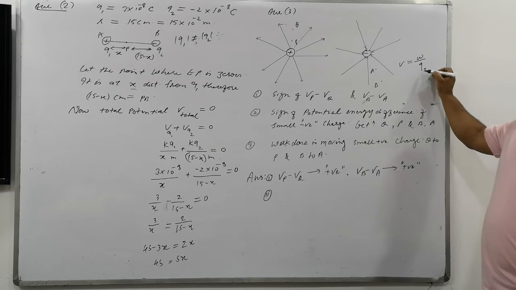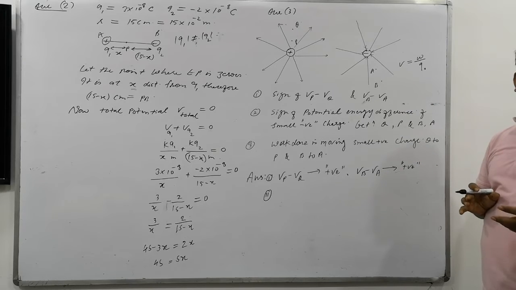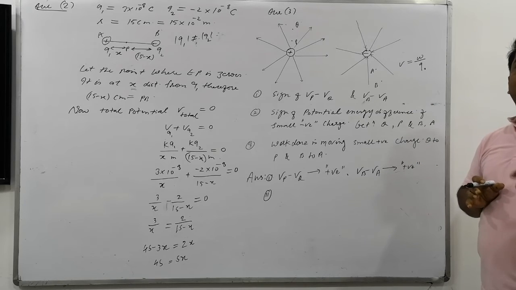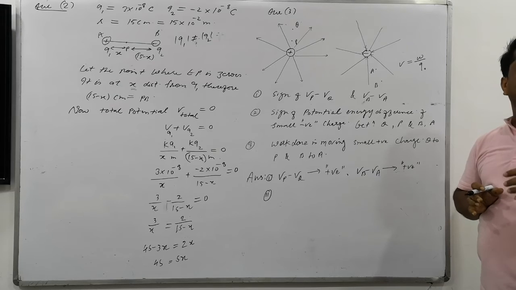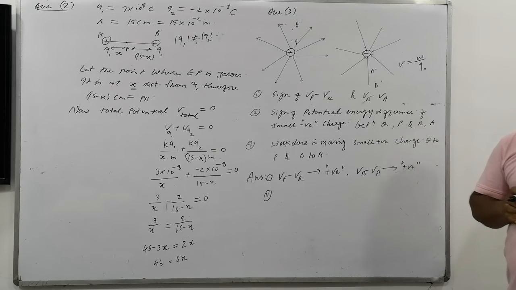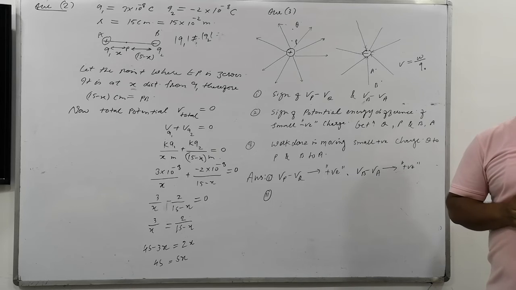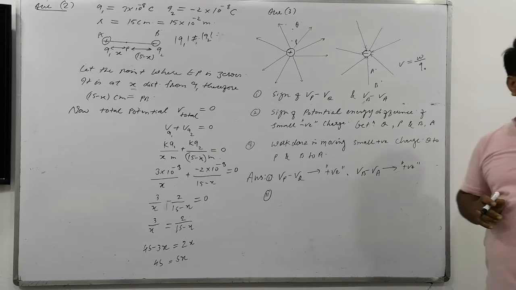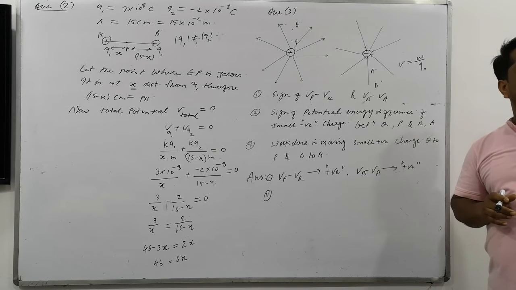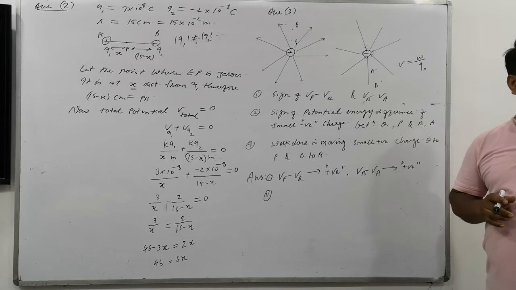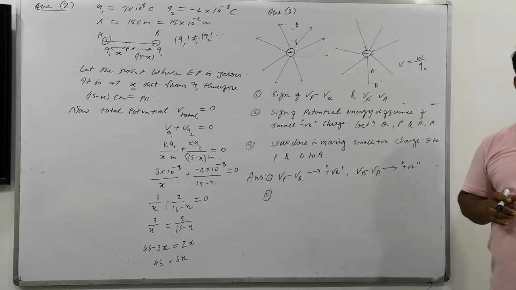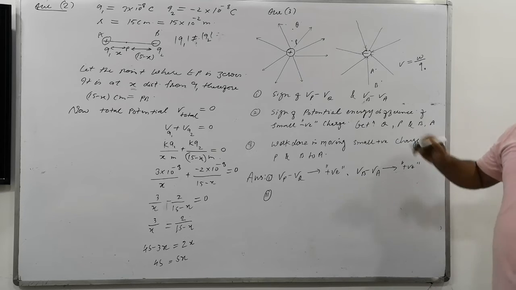Q naught is to be brought here. The electric potential at a point is the work done in bringing a unit positive charge. Unit wise, if you brought 10 coulomb charge at the point, how much work is to be done? Obviously, per coulomb we need to find out here, right? So the work done per coulomb, in bringing a unit charge at a point in the electric field, is said to be its potential.